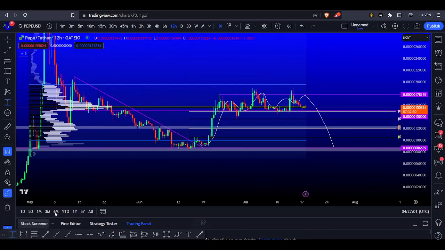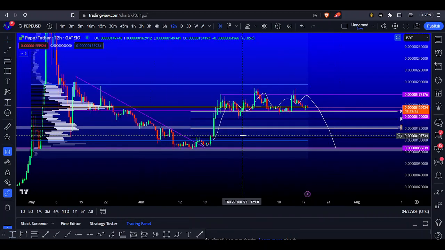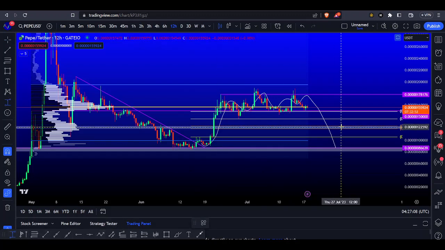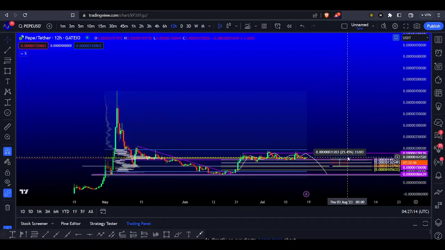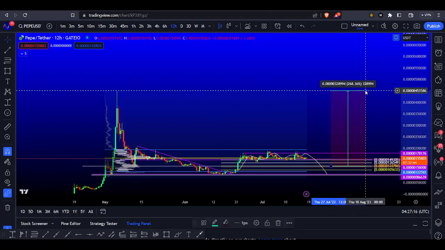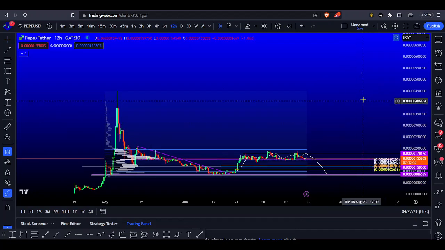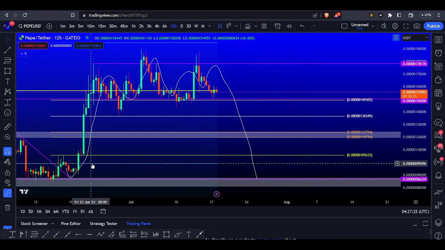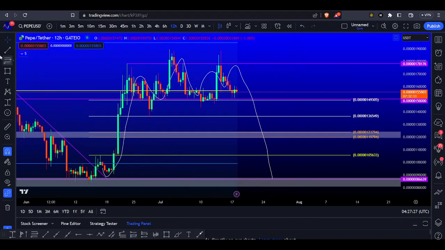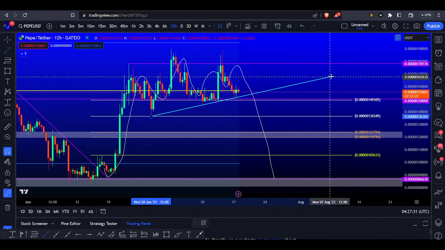That could be another, let's see here, 25% drop. If that plays out well and you go to long it, it goes back and reclaims these levels, 25%. If it goes back to highs, it's almost 300%, 268% to the previous all-time high. So PEPE looks like it wants to do something. It doesn't really know yet, but in my opinion, you go ahead and draw all these levels out,